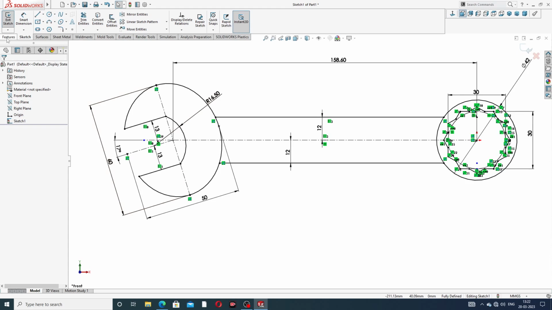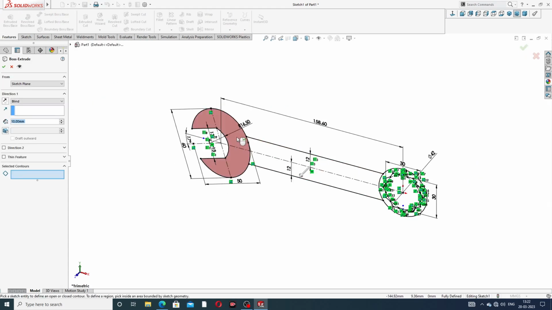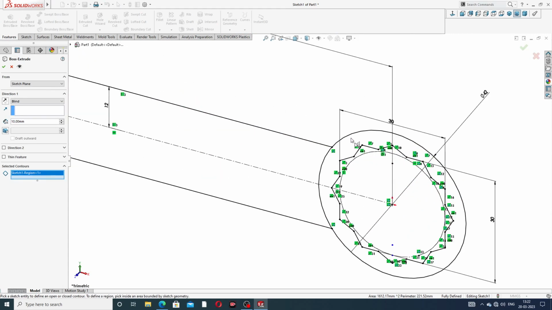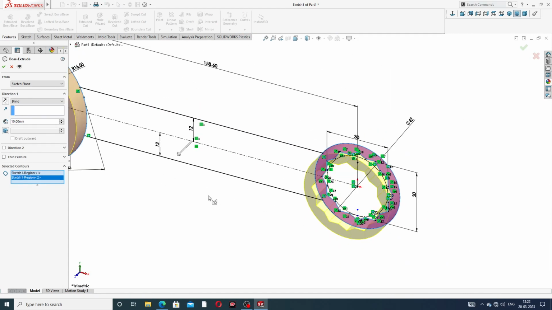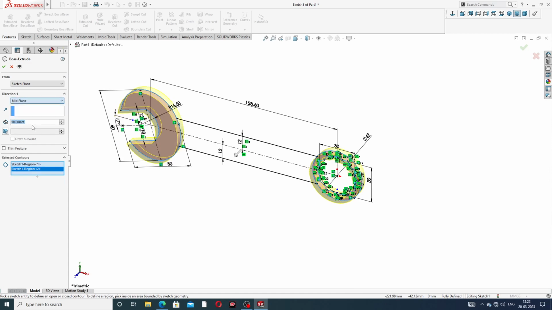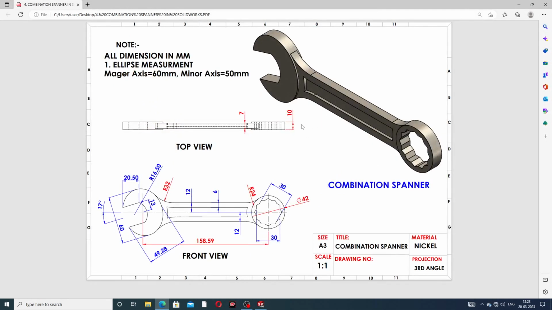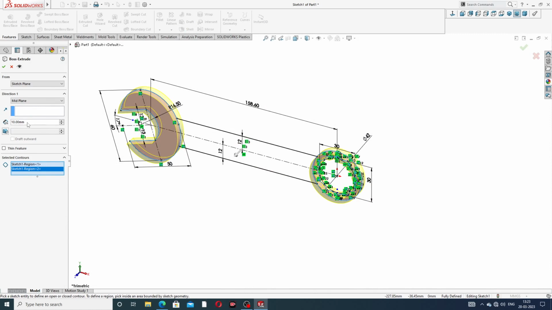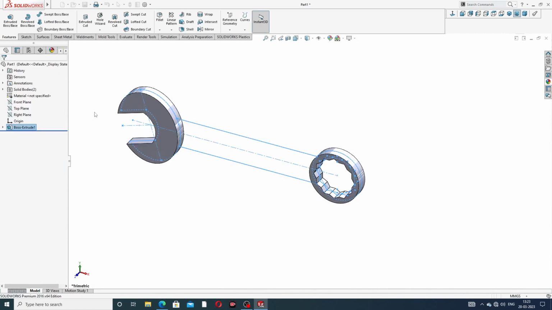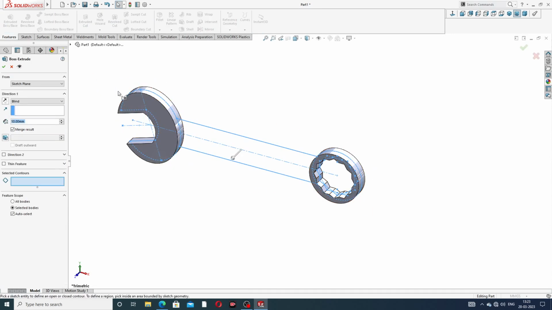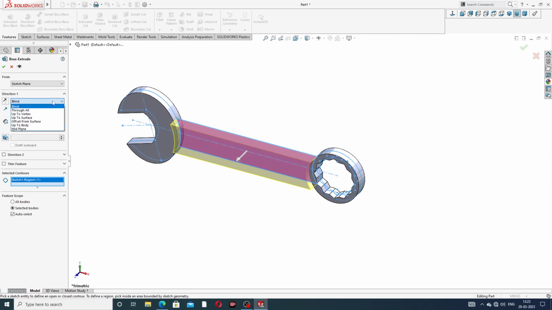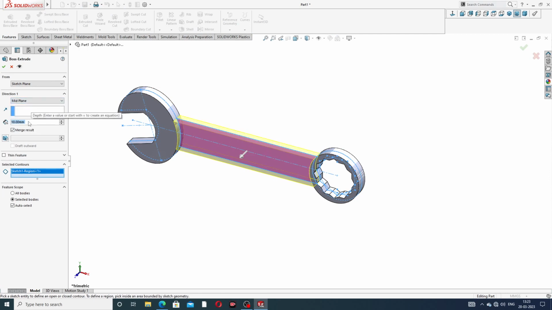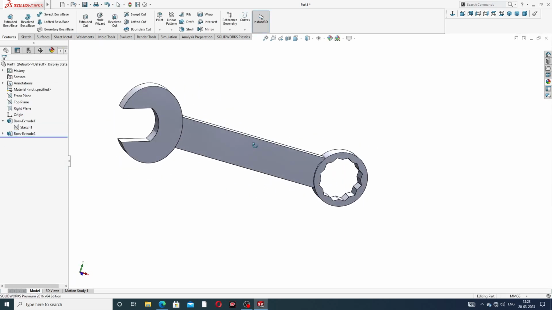Okay, and use extrude boss. Extrude boss is both side. Okay, this is correct, and click mid plane and use thickness 10 millimeter. Okay, this thickness is 10 millimeter and mid plane. Click OK, and also select this and extrude boss and click this, click mid plane, and this is 7 millimeter, is perfect, and click OK. Okay, all is perfect,